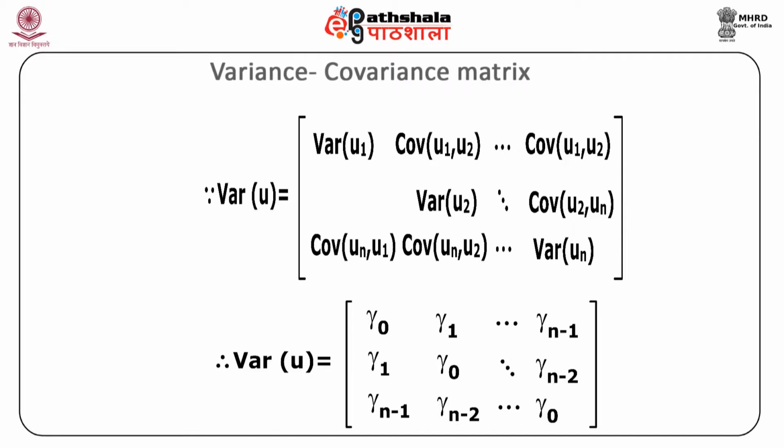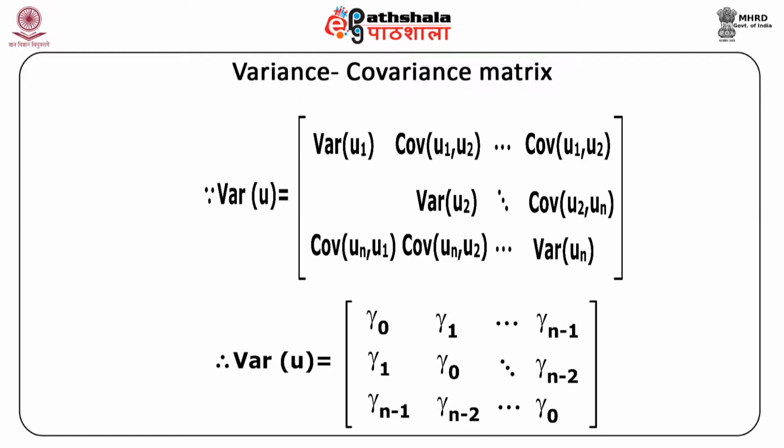So this matrix variance u can be written also as gamma 0, gamma 1 up to gamma n minus 1. In the second row, we can write it as gamma 1, gamma 0 up to gamma n minus 2, and so on. And the last row can be written as gamma n minus 1, gamma n minus 2, and so on up to gamma 0. So again, in the diagonals, we have gamma zeros, and in the off diagonal elements, we have gamma 1 to